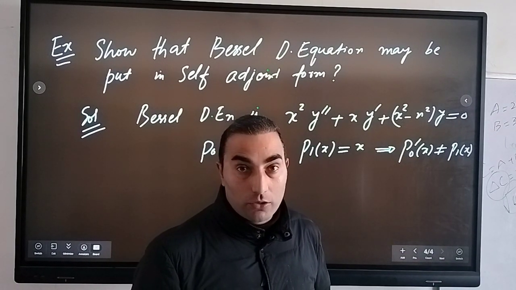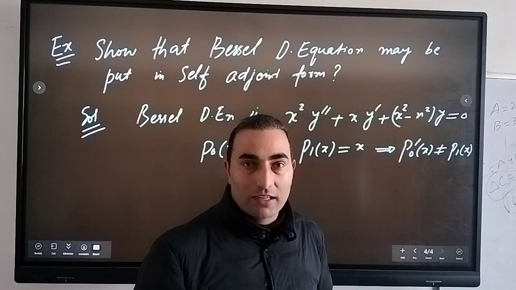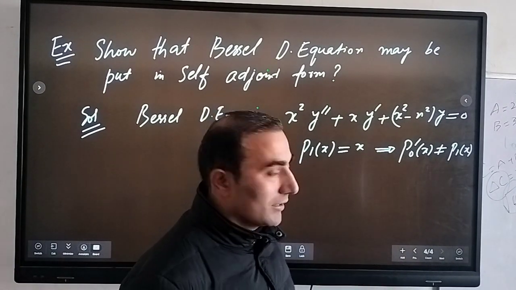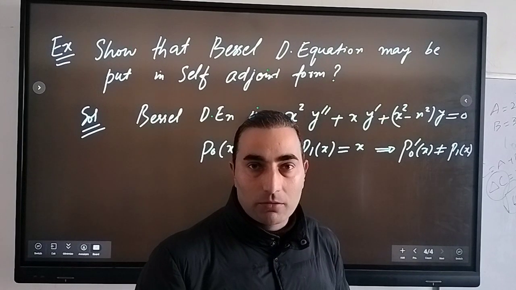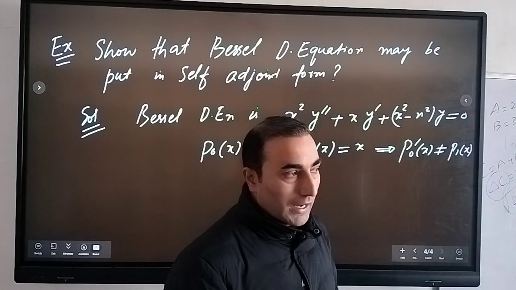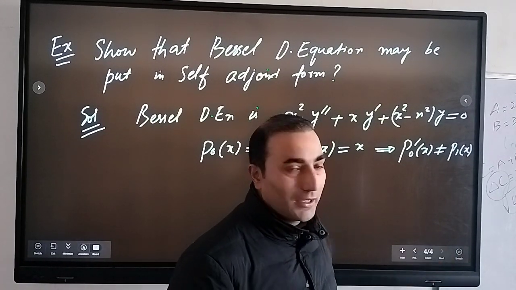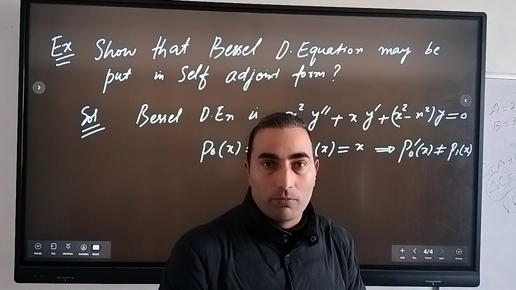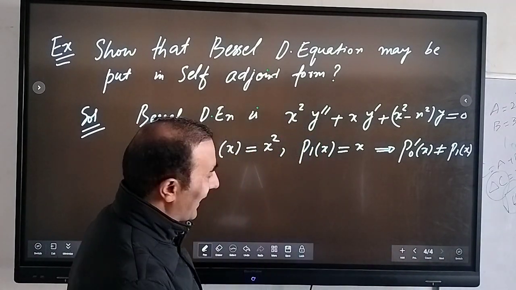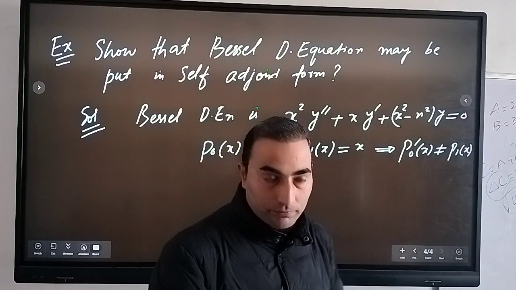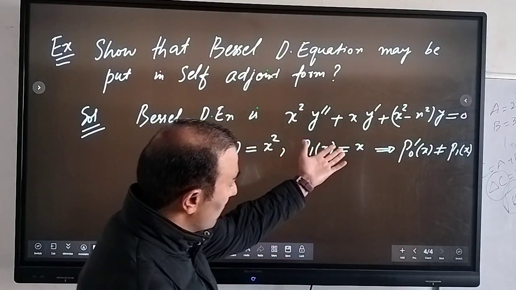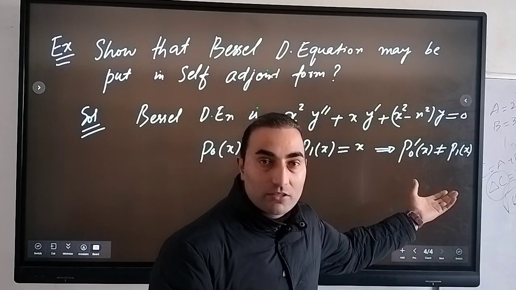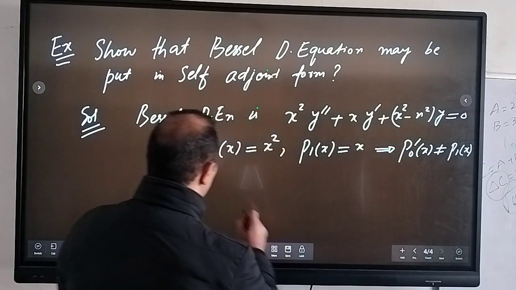As I already told you, and as we have discussed in our classwork, to make this differential equation self-adjoint we need to multiply it by some factor, W of x, and that makes the differential equation self-adjoint. So first of all, let's calculate what our W of x should be, because it is clear from this condition that this is not in self-adjoint form. So let's first calculate W of x. W of x you can write by,